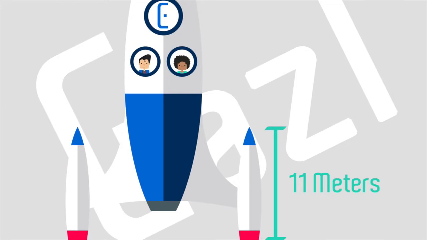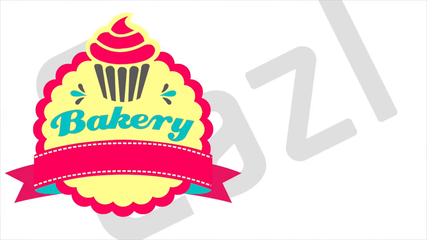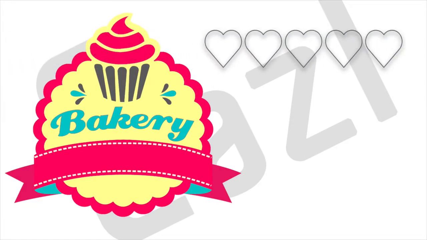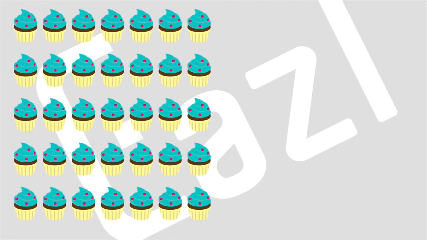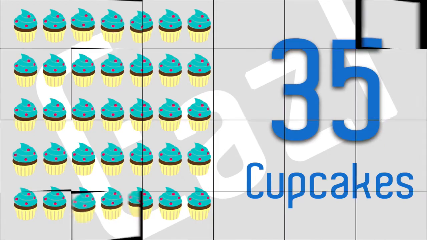So here's a quick example. Let's say that you have this logo. You could ask a focus group, to what degree does this logo make you feel hungry? And then based on their responses, you could do some statistics. But a quantitative metric would be like, this is a cupcake store. How many cupcakes did they sell last Friday? That's a quantitative metric.